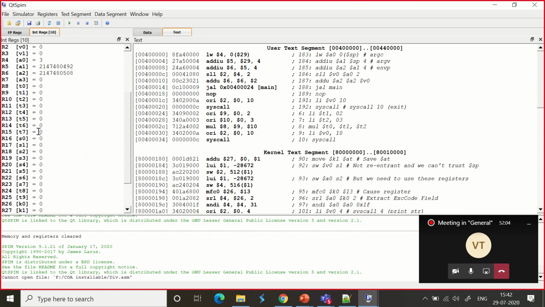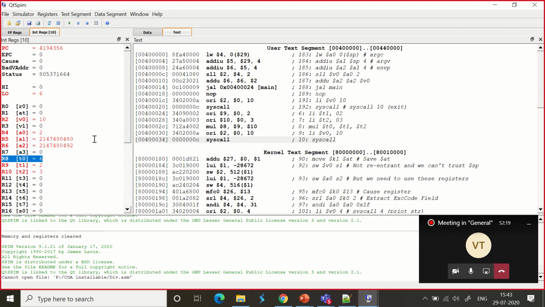Now you can see that I have no values available in the T0, T1 registers. I am running it. You can see that now the results are available. T1 and T2 have got 2 and 3. The result moved to T0 is 6, and that's it. This is the way we are going to test the assembly language code we write throughout this semester with this tool. This tool is meant for writing and testing your assembly language code.